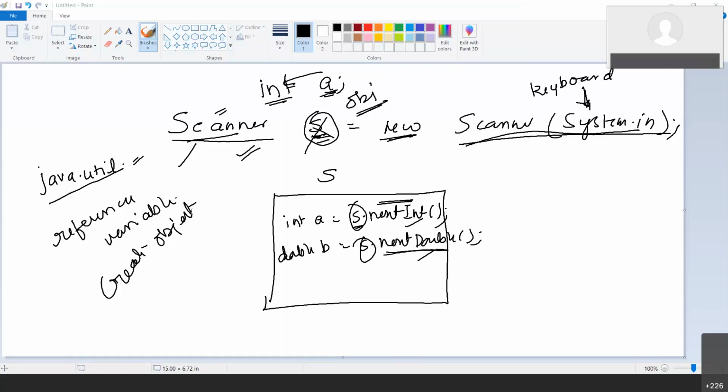Once you create an object, you should close it. It is something like this. You are in a bank, you started a transaction of transferring the money from one account to another. So I identified both the accounts. Now open the transaction, transfer the money. Don't leave the transaction open for the hackers to exploit. So your transaction should be closed immediately.